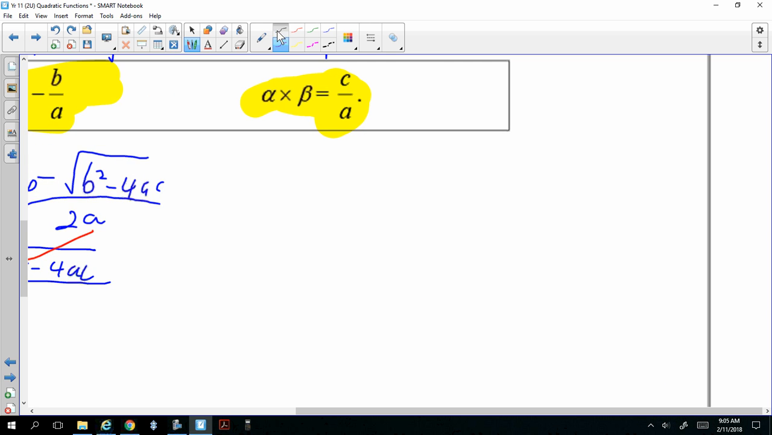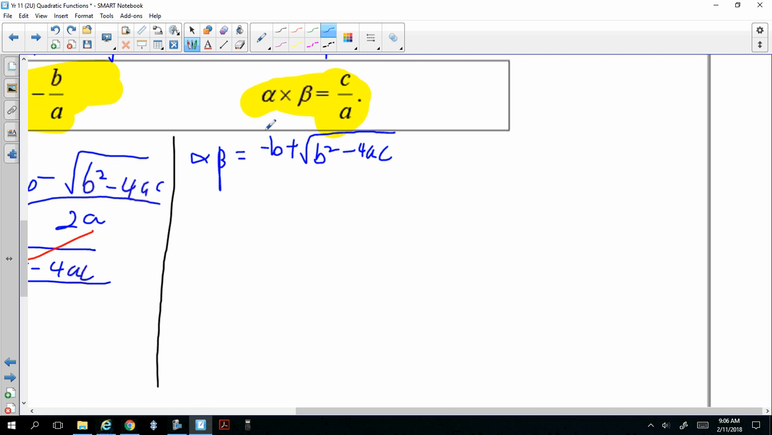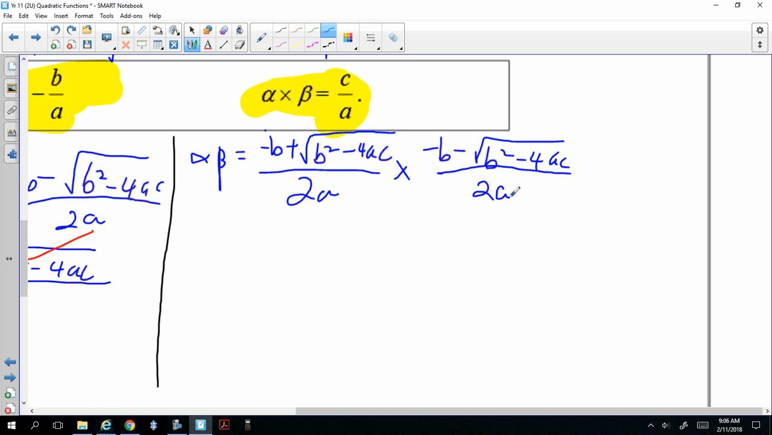Product. Let's do product. So alpha times beta is equal to minus b plus root b squared minus 4ac over 2a, multiplied by minus b minus root b squared minus 4ac over 2a. Now, product is a bit harder. We have to multiply. You do need it today. Okay, so,